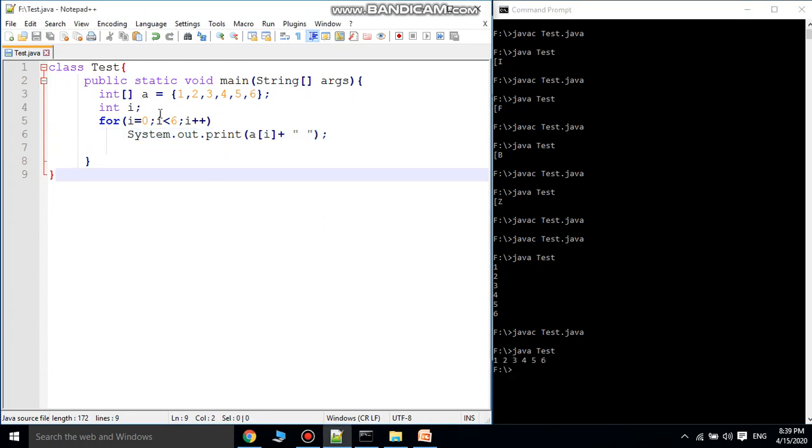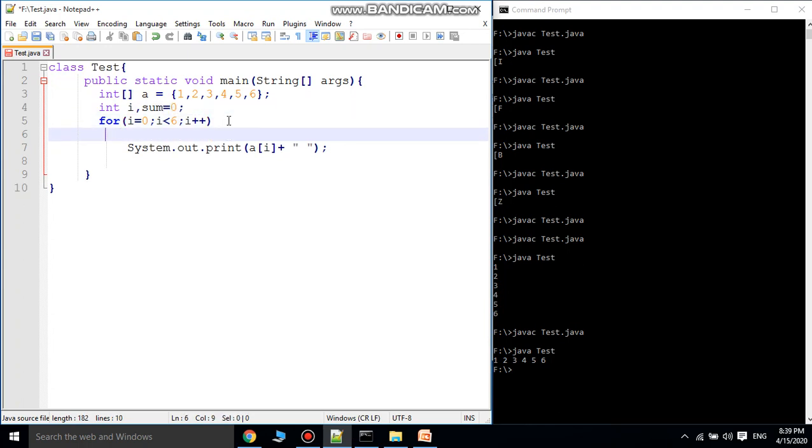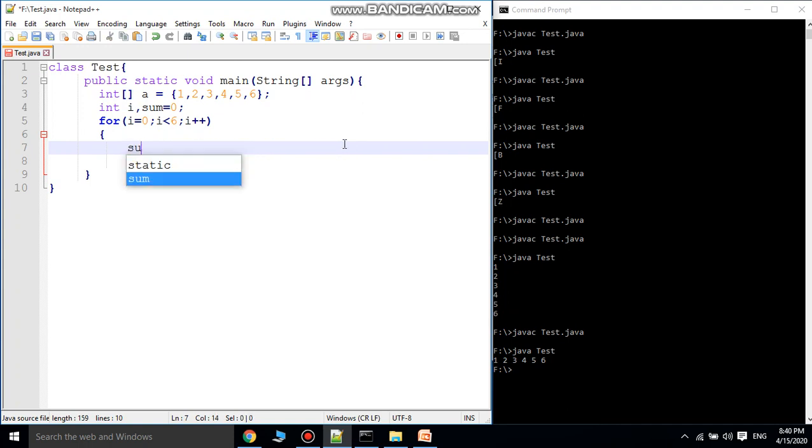Now suppose you want to find out the sum of elements in the given array. Then use sum is equal to 0, and instead of printing all the elements, use sum plus equal to a of i.